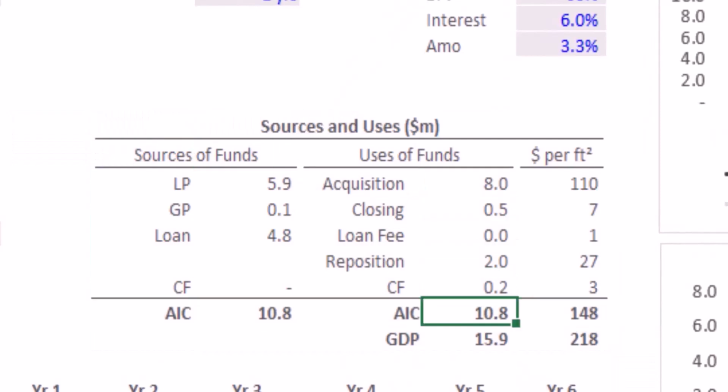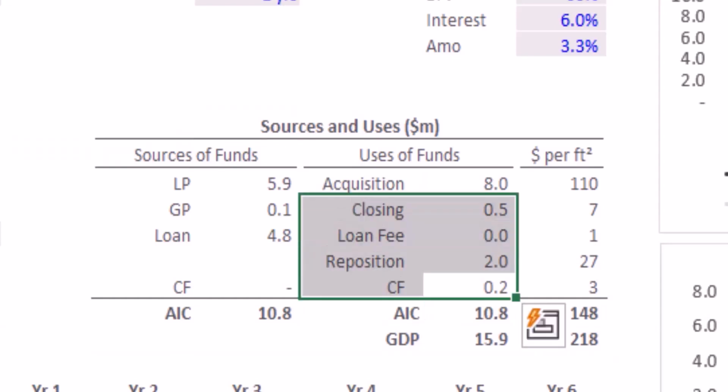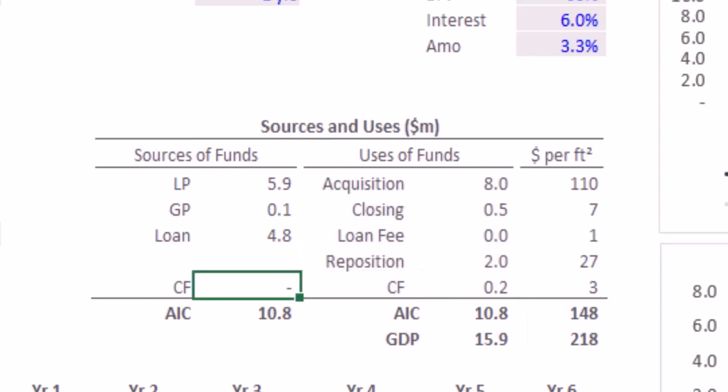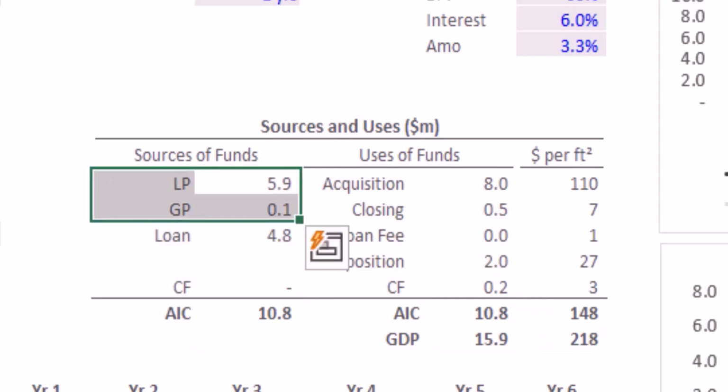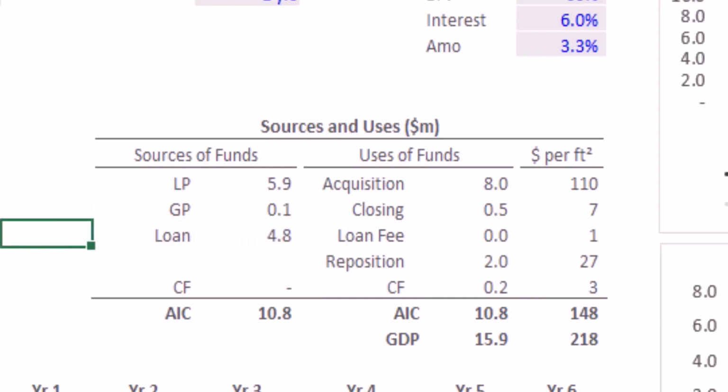How much funding do you need to make this project happen and achieve the returns you mentioned before? How are you going to allocate those funds across your main uses? And where would you be getting that money from? Regarding the capital stack, we see the LP-GP contribution split as well as the 60% LTV loan provided by the